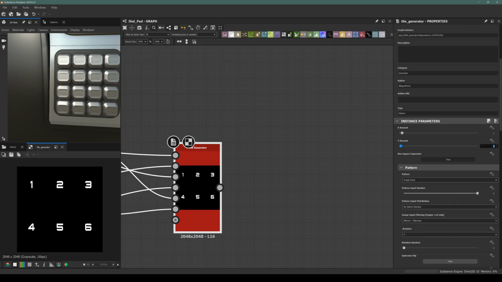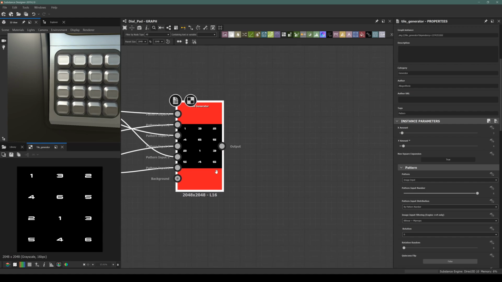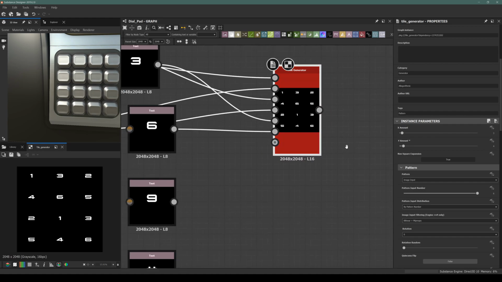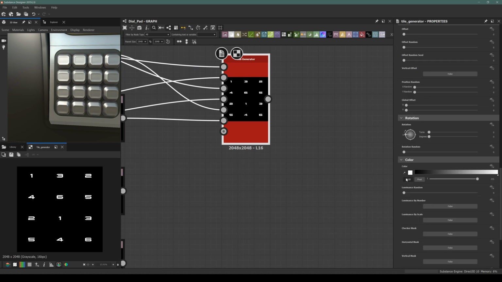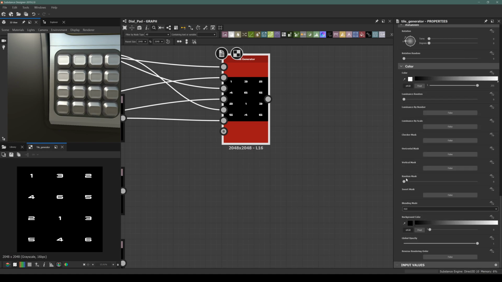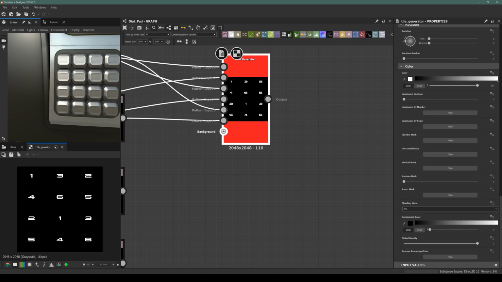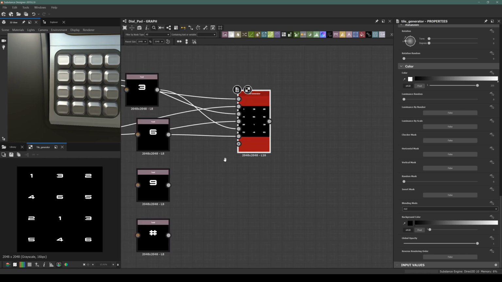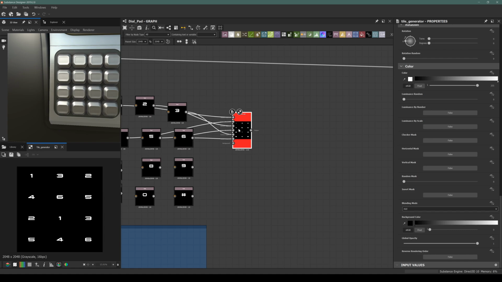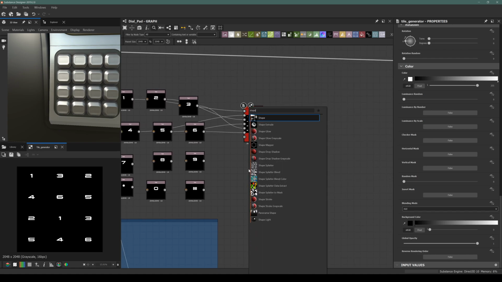Then let's start by changing the Y amount to 4, and then we will use a mask to change the distribution, but since we are using a tile generator, we can't use masks. So let's start with adding a shape,